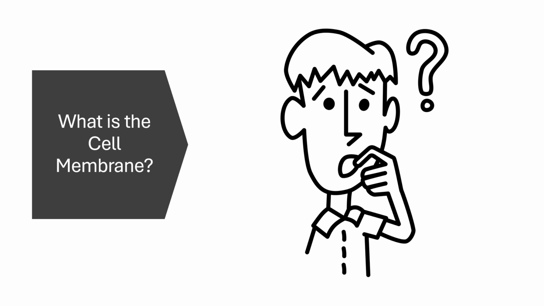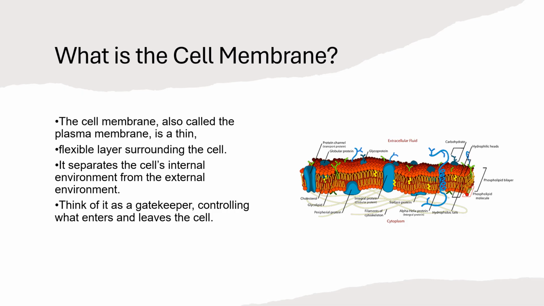So this slide selection is on the cell membrane of eukaryotic cells, or those that contain nuclei. So what is the cell membrane, or sometimes called plasma membrane? The cell or plasma membrane is a thin layer, and it is found around the organelles of animal cells and plant cells. It's quite flexible,